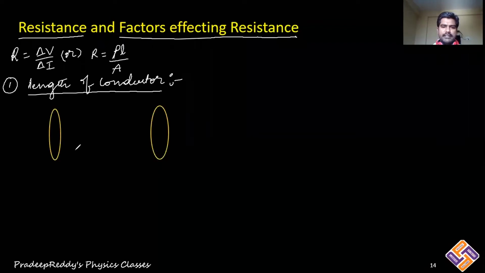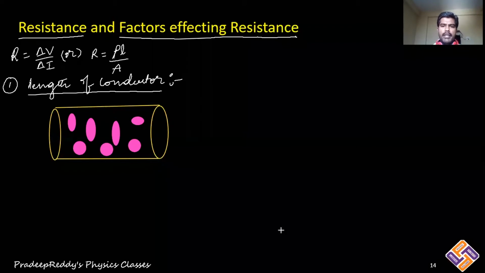and within this conductor, as I told you, every conductor has free electrons to move. So there will be ions as well as electrons within this. There are a few ions which are present in this conductor. These are the ions. And there are a few electrons. Electrons will be drifted in the direction opposite to that of the electric field when you are connecting it to an external battery.